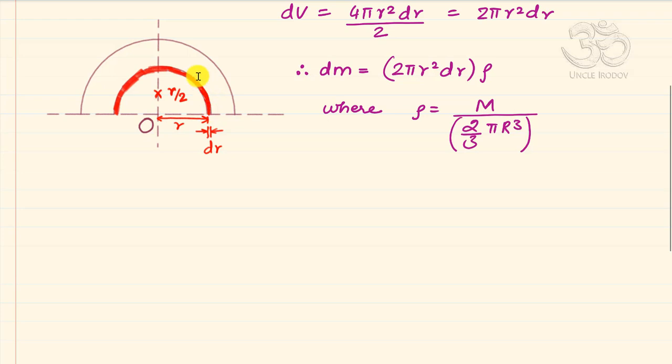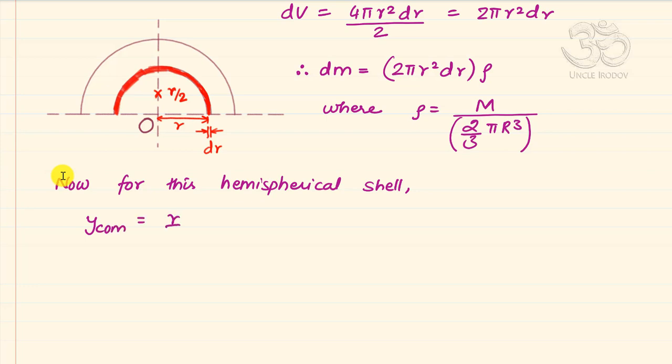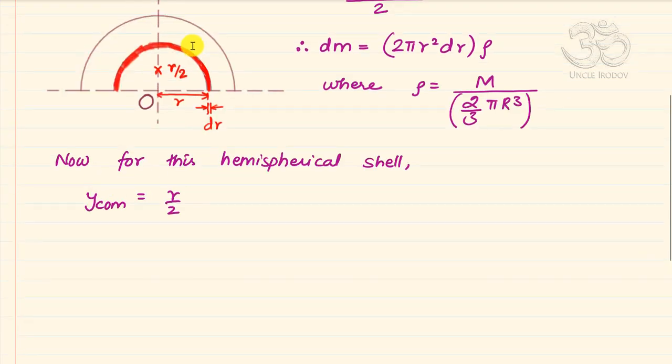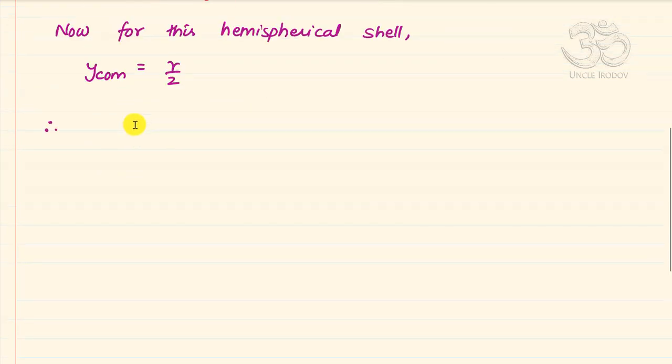So now what I can do is replace this entire red shell with a single point mass placed at this point, small r/2 away from this point O. So I can say that now I have got this much mass, 2 pi r square dr into rho, at a point which is r/2 away from the origin along the y-axis, and so for this hemispherical shell, y center of mass is going to be small r/2, and I know now that for this entire figure I can find out the center of mass as y center of mass for the complete hemisphere